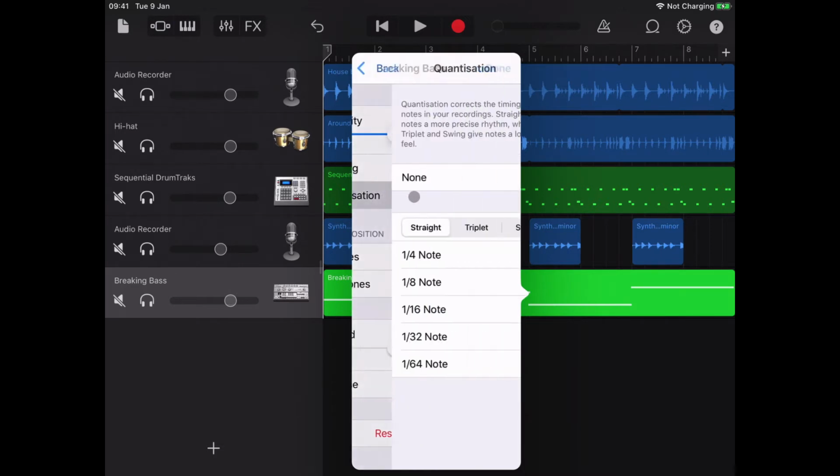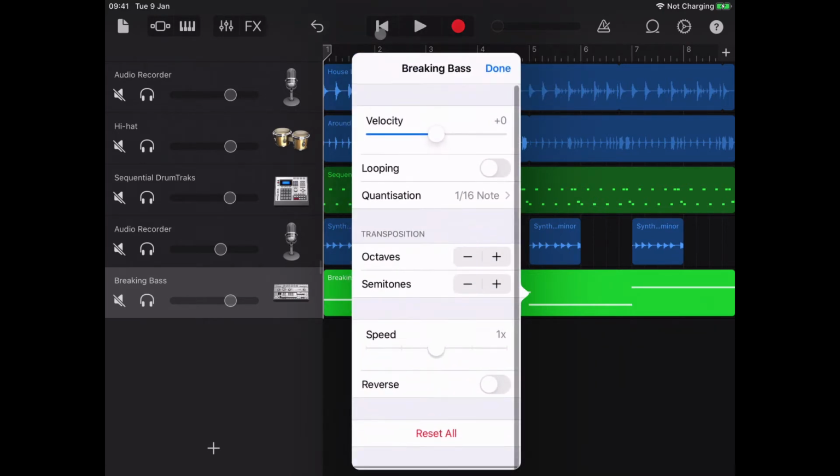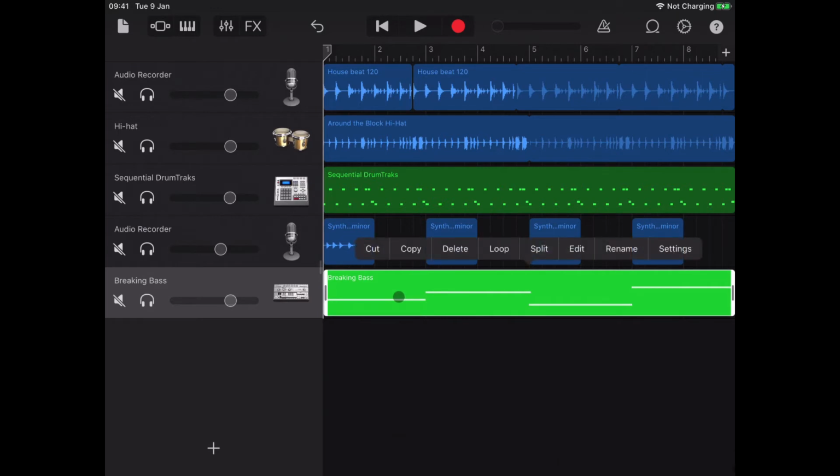So we can do that by clicking on Quantization, and then standard quantization for electronic music anyway, is going to be 16th notes. So we just click on 16th notes, and then that will lock all those notes into place. And then we can make sure that they're playing in time. Like that. What you can also do is if you click on here, click again,